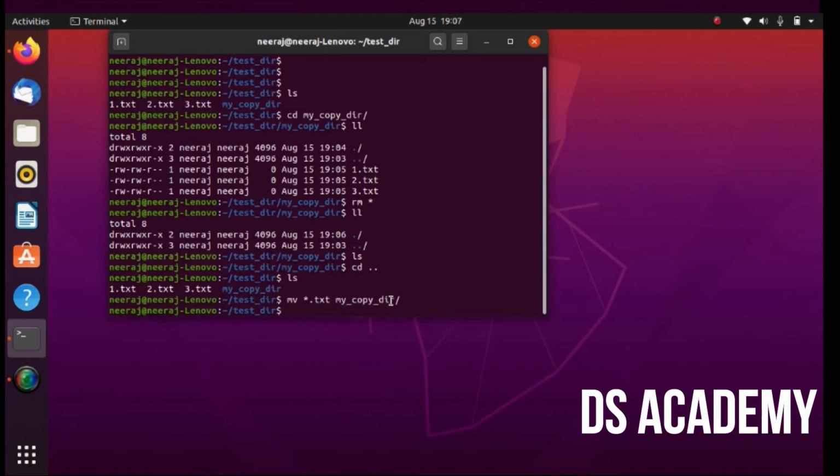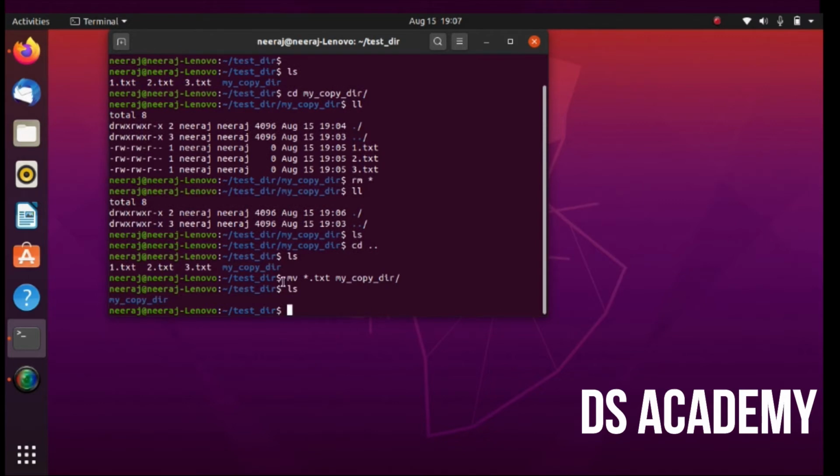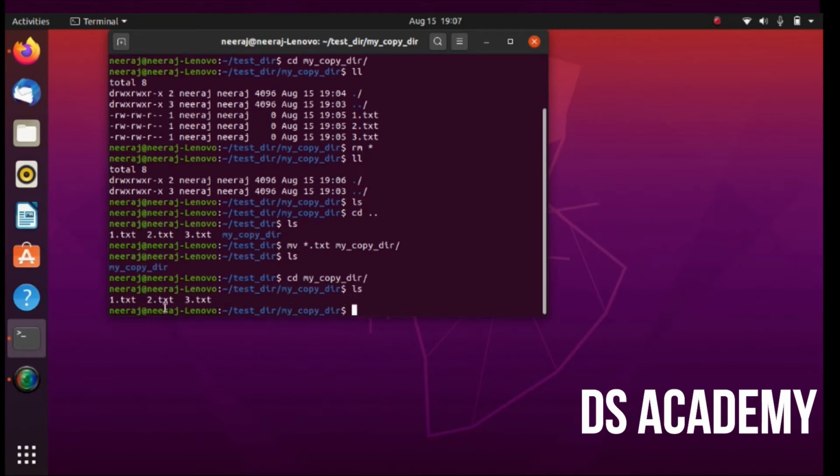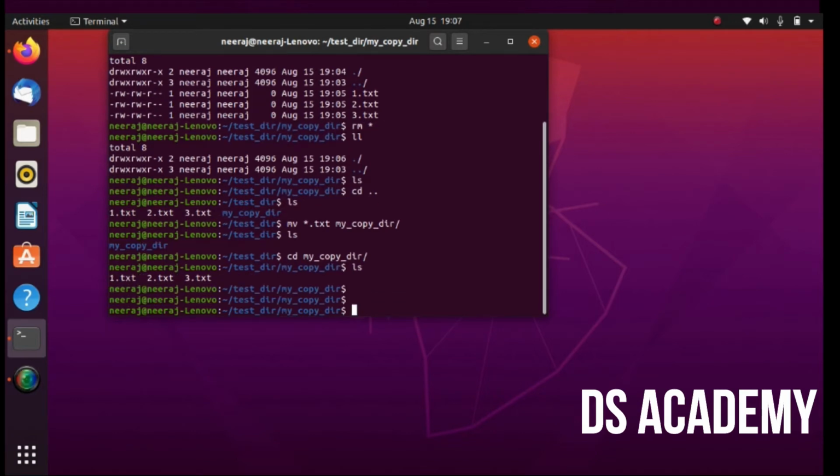So I have given star.txt and my copy directory as a path, and if I see ls, there are no .txt files in my current directory because it has been moved. And if I cd to my destination path, all the files are available. And what I can do is I can move it again.